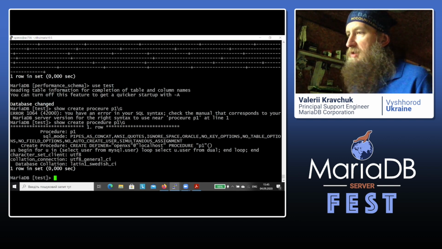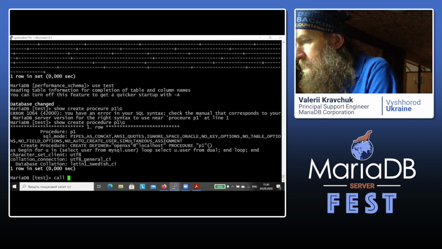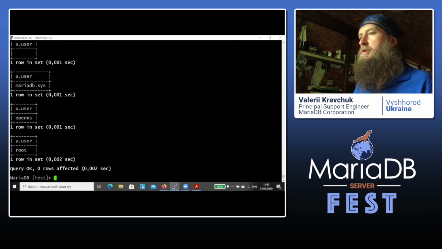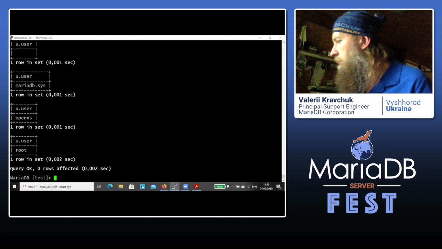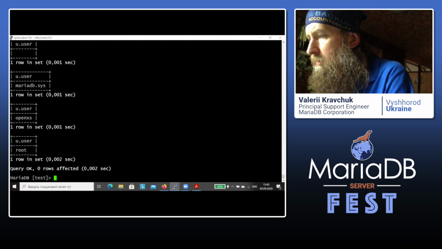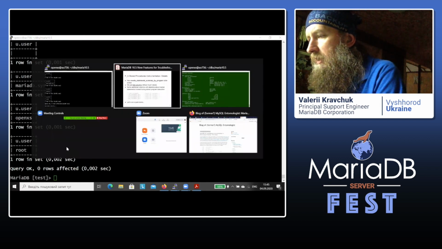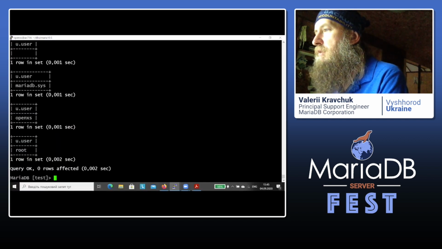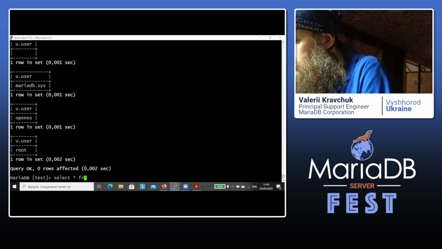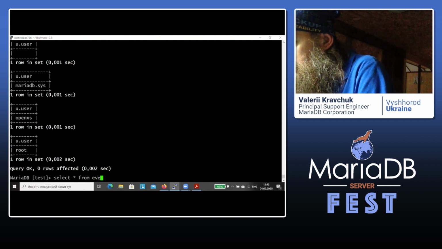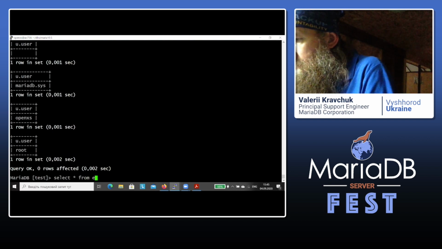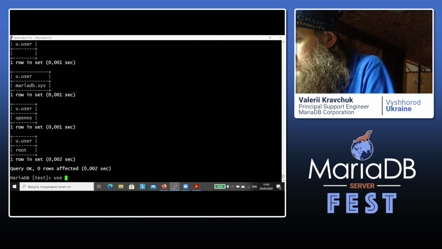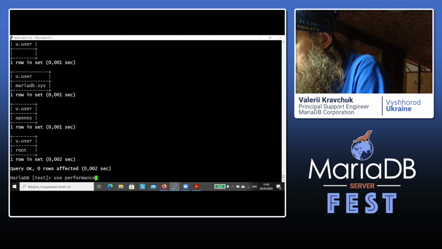The procedure does nothing fancy really. You can just call it without arguments. It selects usernames from the mysql user table. But what's more important, you can check the table now, events statements summary by program. Sorry, we had better switch to performance schema.